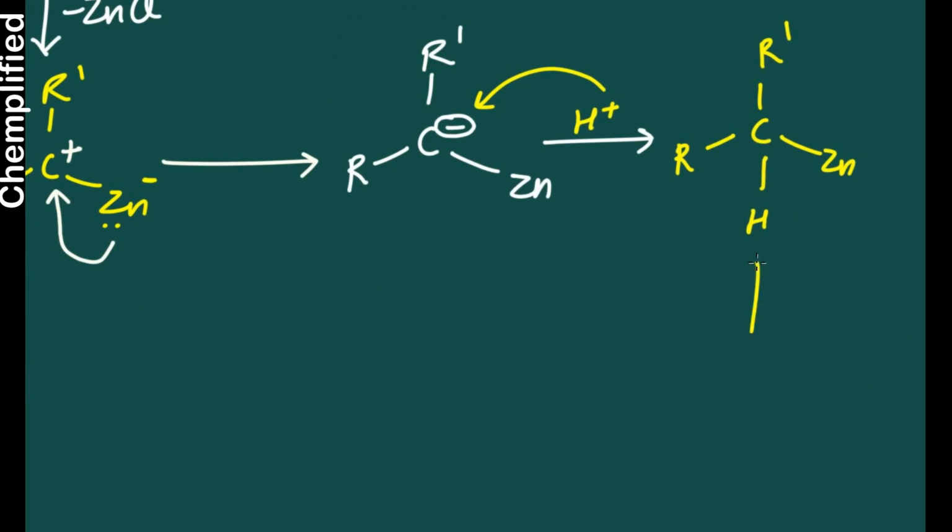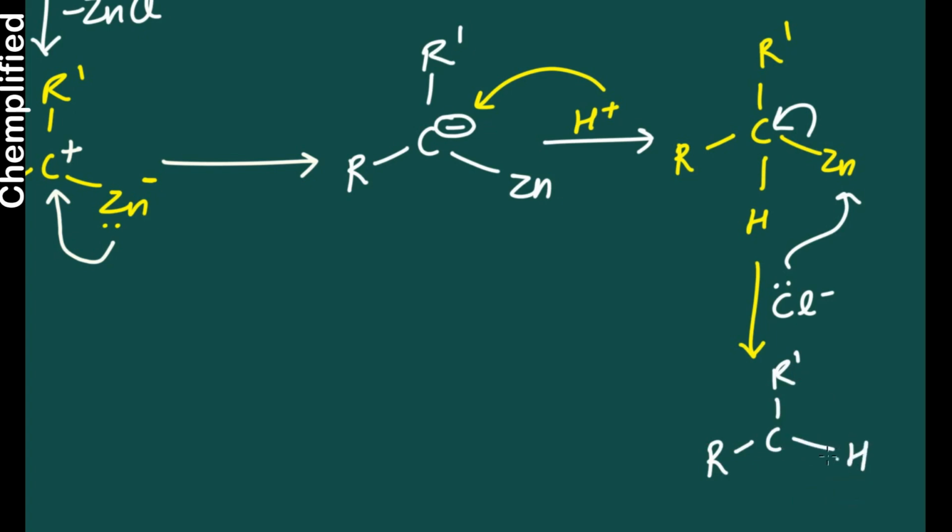Now what happens next is, there comes Cl negative. Cl negative has 2 electrons. This will attack your zinc, and the electrons present in the carbon and zinc bond will be transferred to carbon again, and you will get R dash and H with a negative charge on this carbon, right? Plus ZnCl. ZnCl will be removed, and in the next step, again another H plus